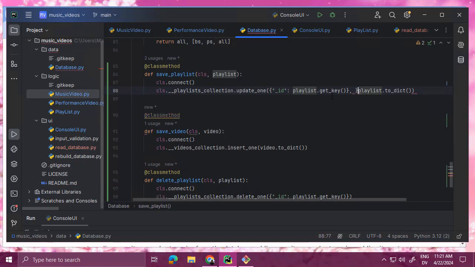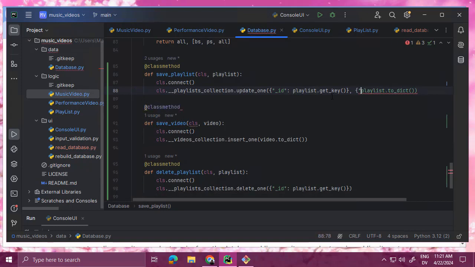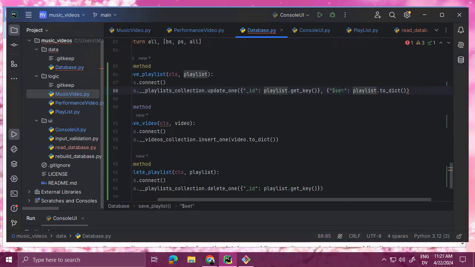And so there's a little syntax for doing that. It's $set colon, and then I put playlist.toDict. So that basically replaces all of the contents of the thing that matches this with the dictionary version of